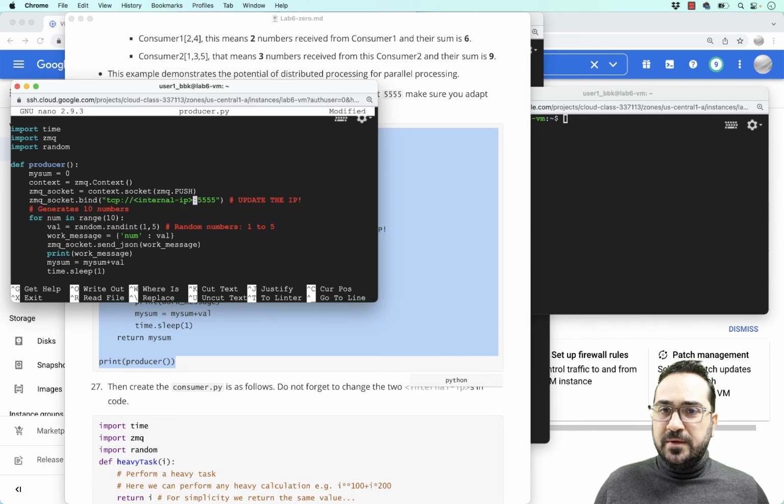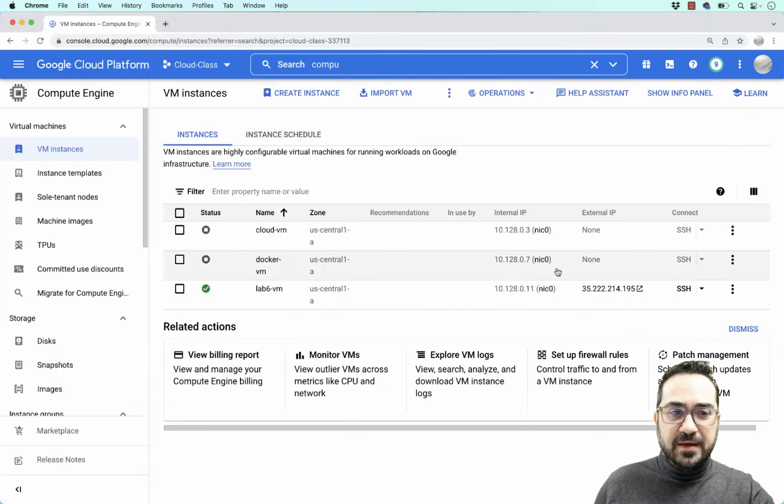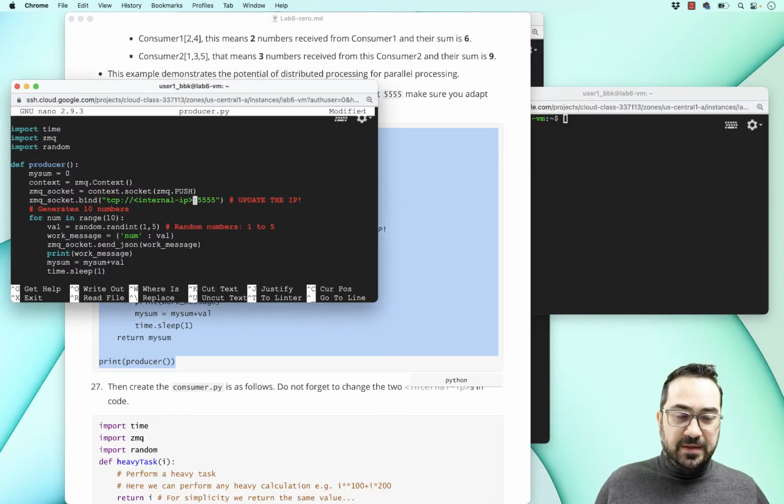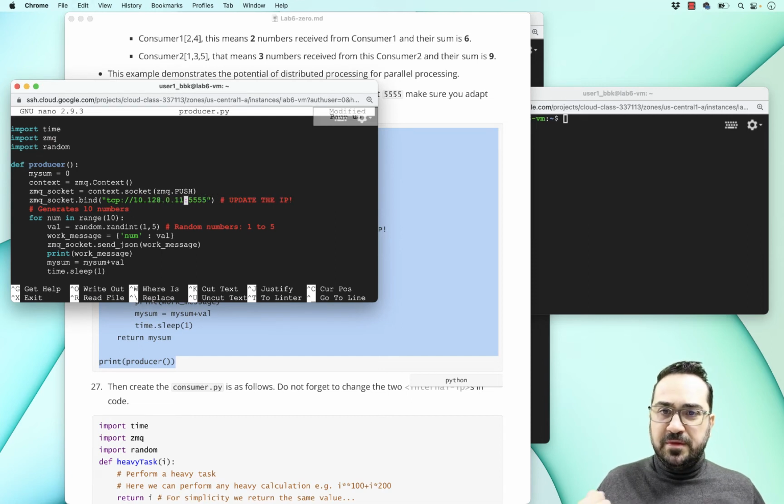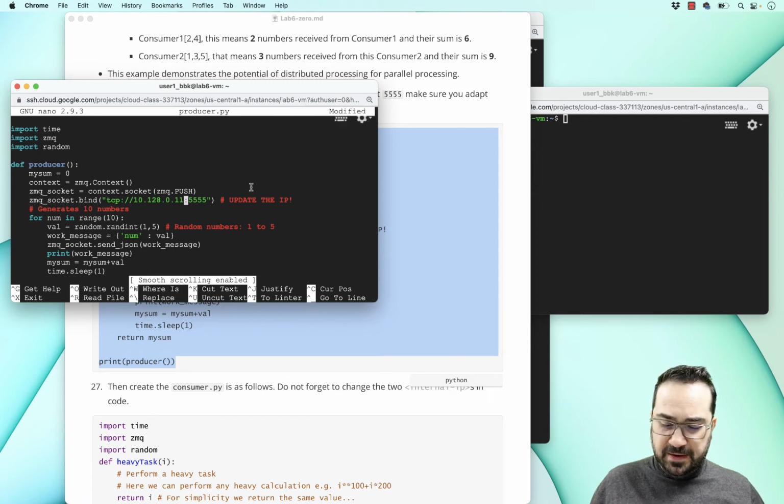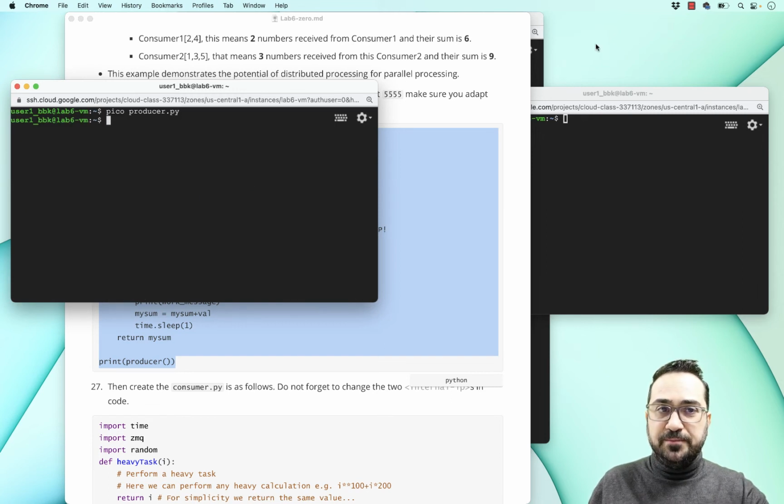Let's find the IP address one more time and update it. So I have port 5555 at this particular IP address. Let's save this. Good. I have my server, what we also call a producer. Control-S, Control-X. The producer is ready.